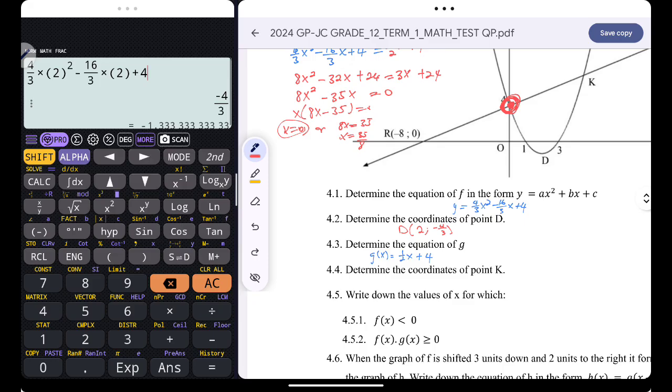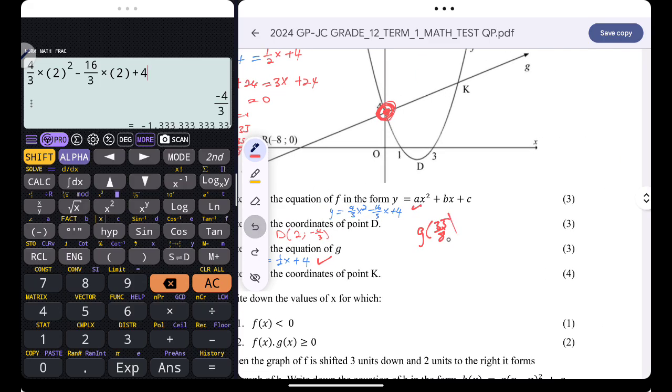I can just substitute the x value in either one of the two graphs, either the graph of g or the graph of f. But it will be simple for me if I substitute in the graph of g. So I'll simply say g of 35 over 8,